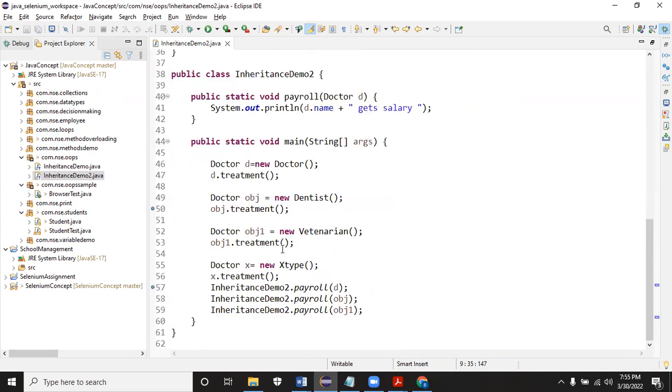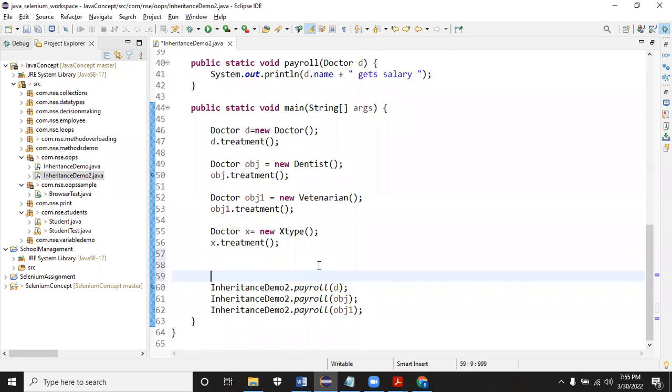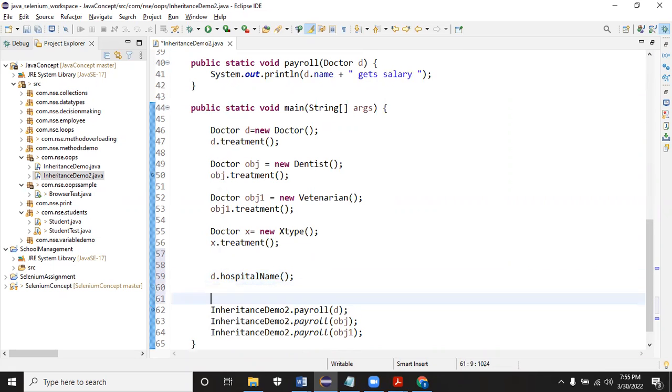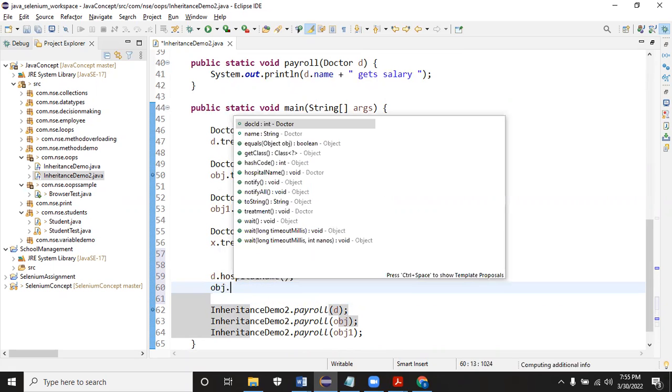Now you see here, I will be calling the method. Let me use all these references. D dot hospital name, and I'll do obj dot hospital name. Method will be shown based on the left hand side only. If you see here, all the methods are shown based on the left hand side only, doctor only.